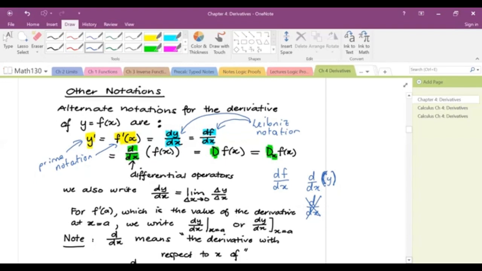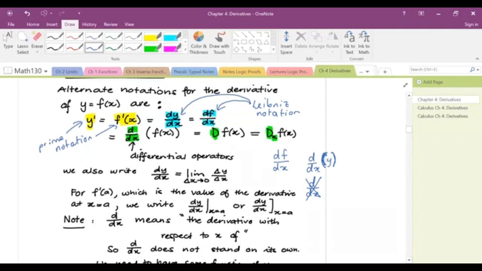Okay, we can also write that dy by dx is equal to the limit as delta x tends to 0 of delta y over delta x. So we distinguish between an average value, and that goes back to the discussion of the secant when we started off with the secant line. So delta y by delta x is the average rate of change of y with respect